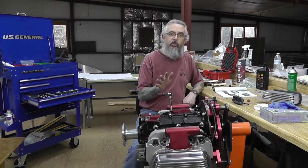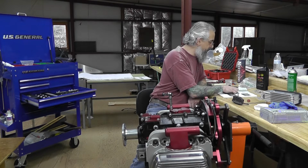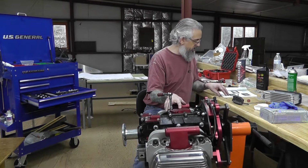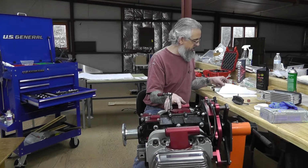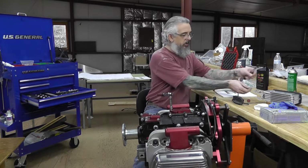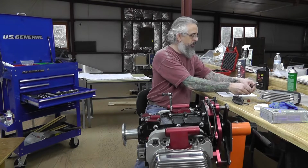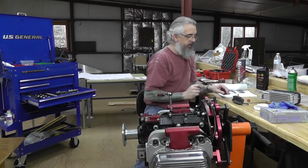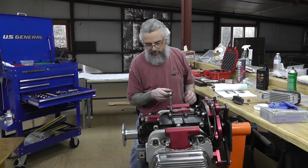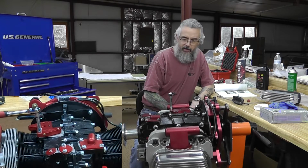Alright, it calls for 6 washers. 2 here, 2 here, and 2 under the heads of the long bolts there. Okay, so those 4 need to be there. This is not going to work. I need